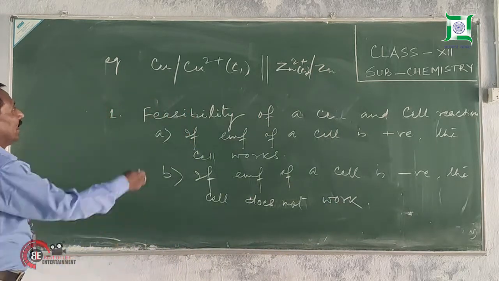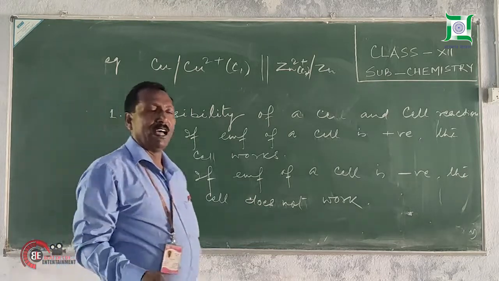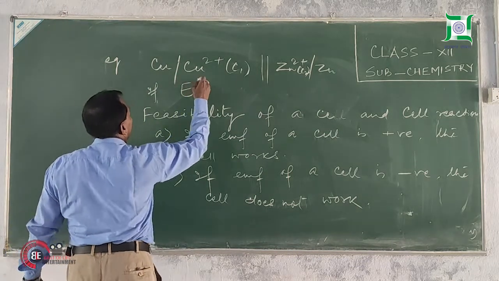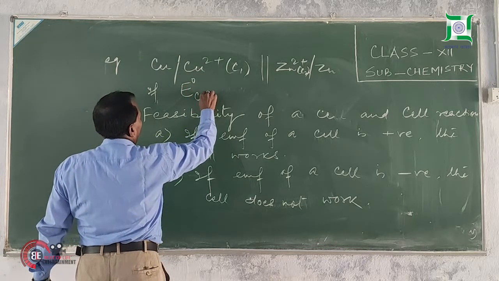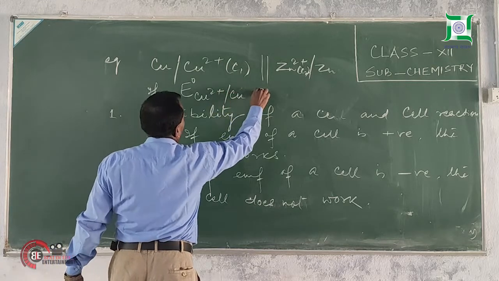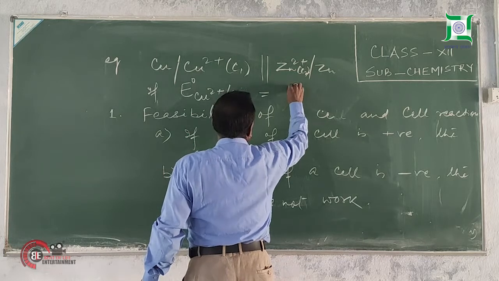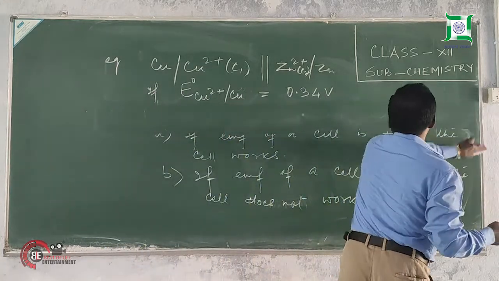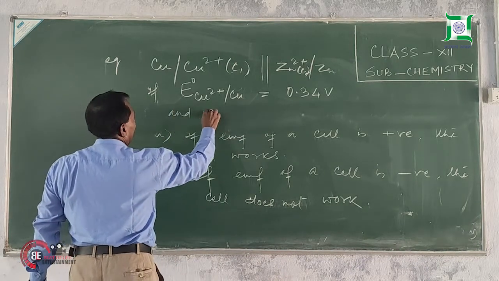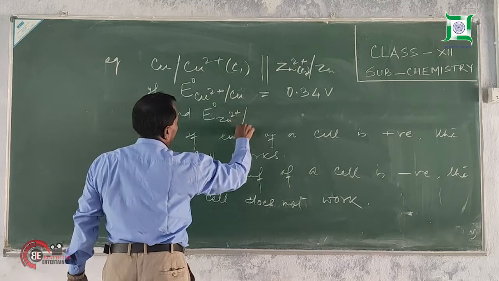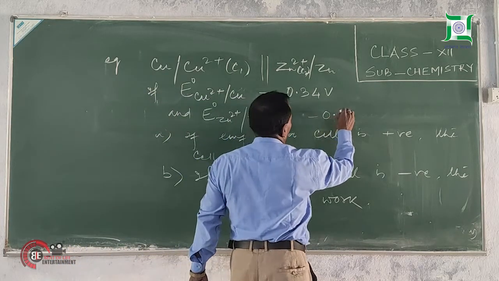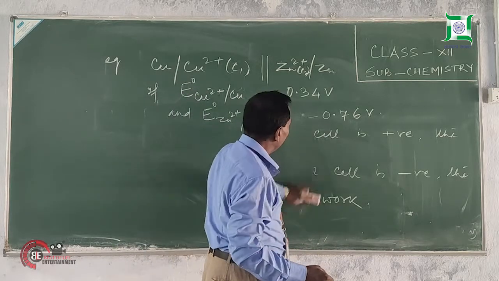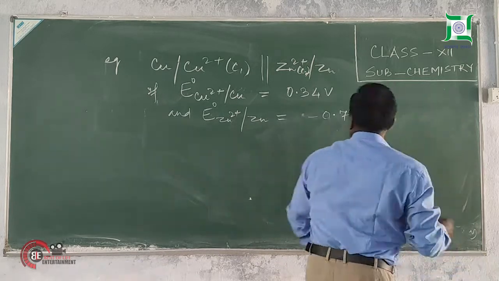Now, if we find out EMF of the cell with the values of electrode potential, if a standard electrode potential of Cu2+/Cu is equal to 0.34 volt and E naught for Zn2+/Zn is equal to minus 0.76 volt, then we can easily calculate EMF of the given cell as